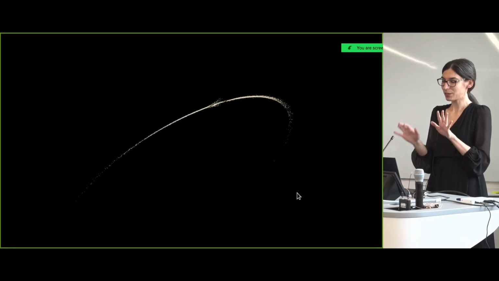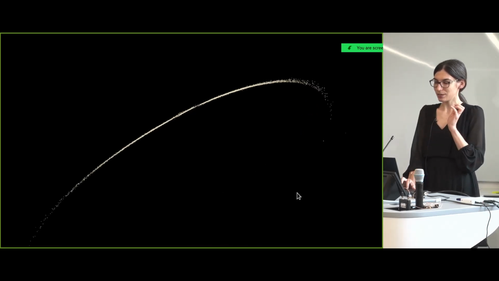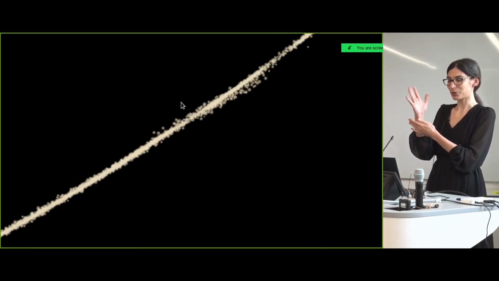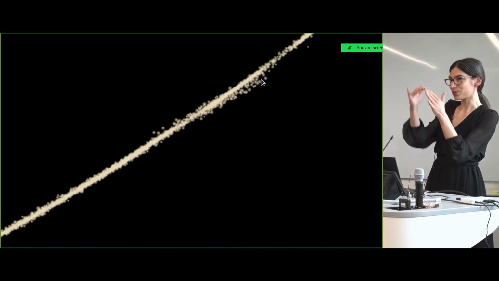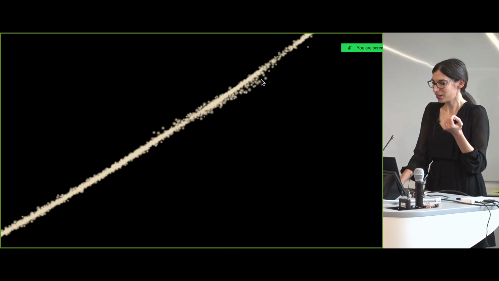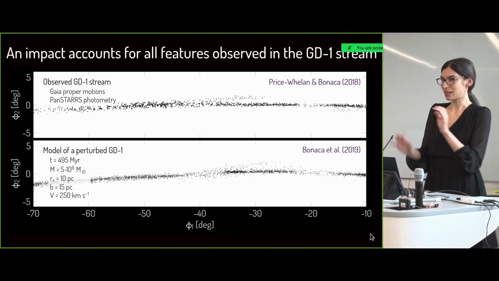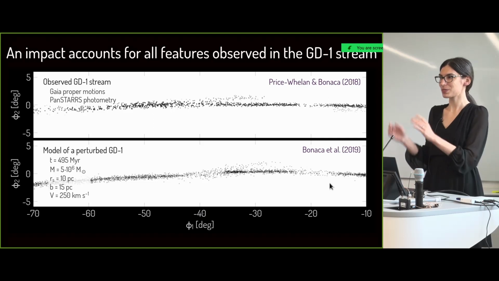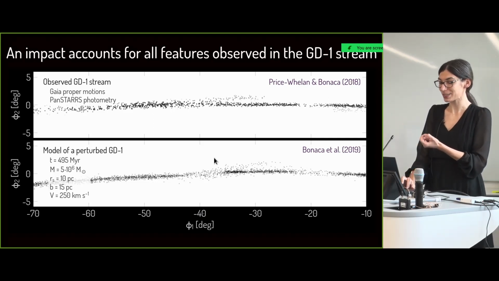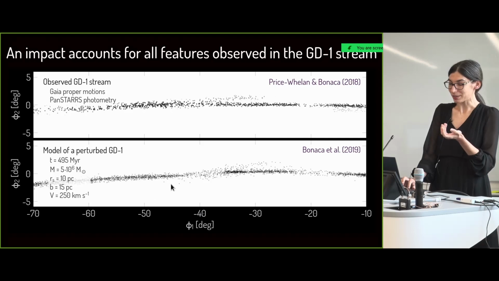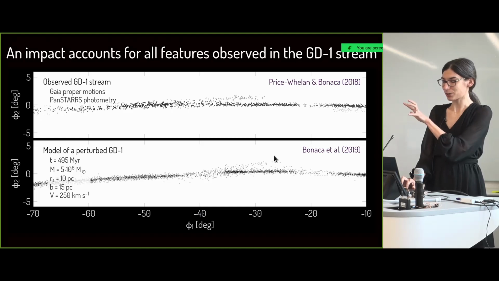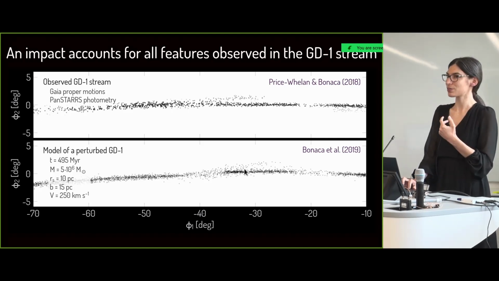The stars change their orbit and then precess around their original orbit along the stream. When we zoom in to the present day, we see that the distribution has an underdensity closest to where the encounter happened, and a spur of stars displaced to the side of the stream. If we project them in the same sky coordinates and show the observed data on top and the model on the bottom, we see that they match pretty well. There's a gap around 8 to 10 degrees wide, centered at minus 40 degrees, and a spur of stars extending for another 10 degrees and offset by a couple of degrees from the stream.